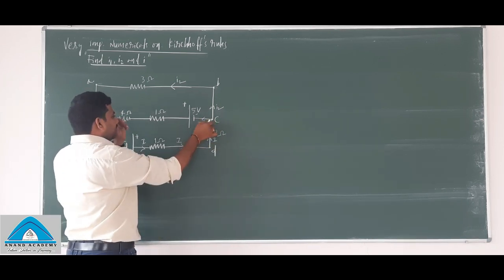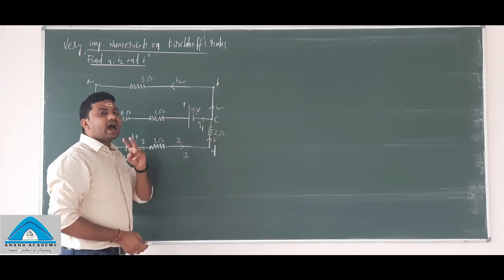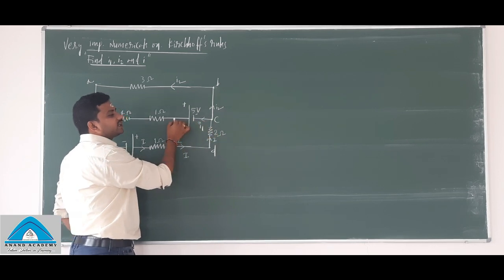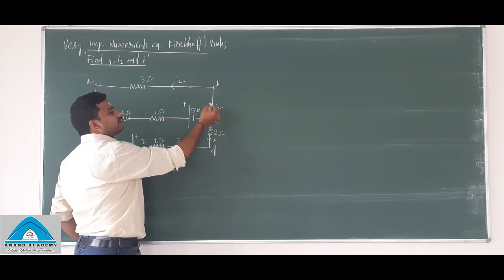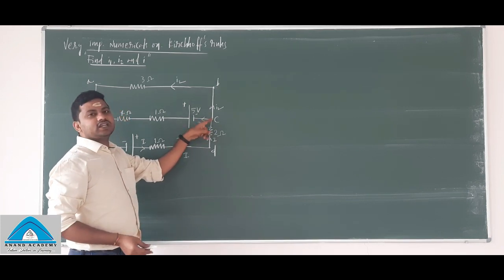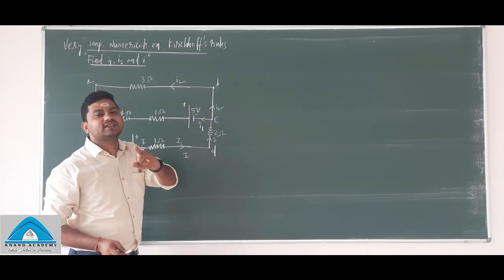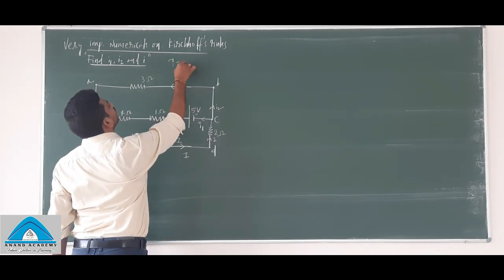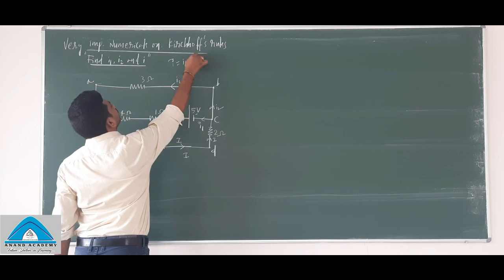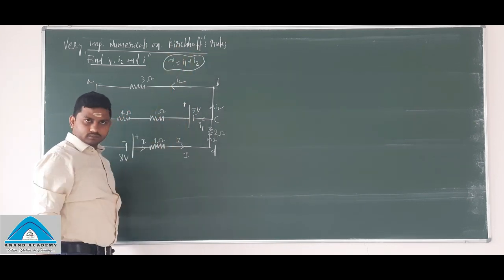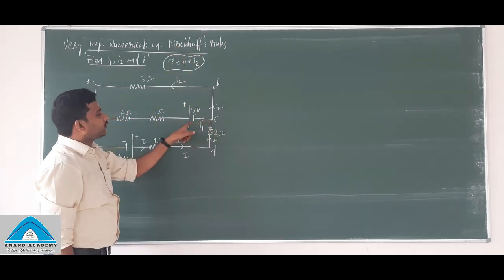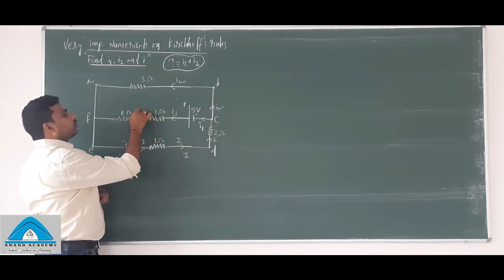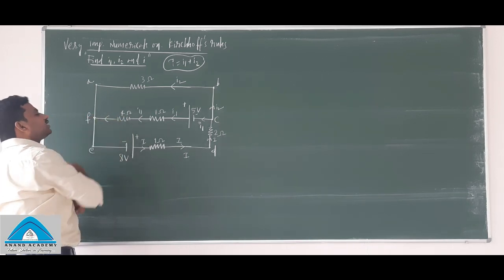At this junction, that means the point C, there are 2 paths for the current. One path will be flowing towards here, that is I1. The other path is I2. So at this junction, if I apply Kirchhoff's first law, which is called the current rule, I is equal to I1 plus I2. Now, the I1 current is flowing through this cell and through 1 ohm, through 4 ohm, so I1 will reach here.